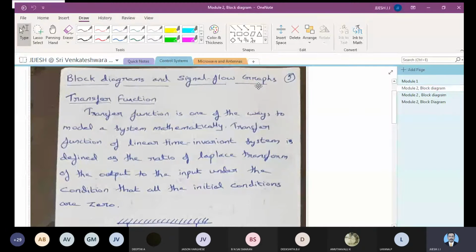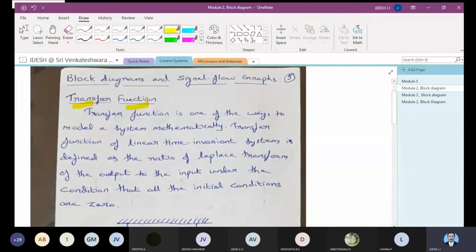So first we'll go with transfer function. First of all, to start with, we'll go with the transfer function. So this is what we are going to see, transfer function. As you know, I have briefly described the transfer function in the previous class, where you have understood what you mean by a transfer function, and how to go with it. Here we will be studying in much detail about transfer function.